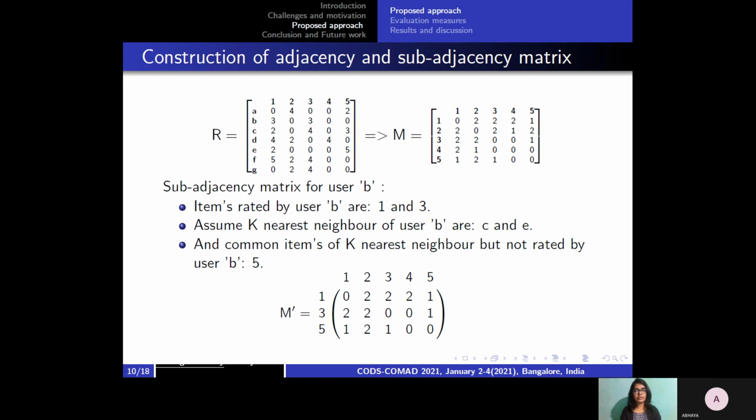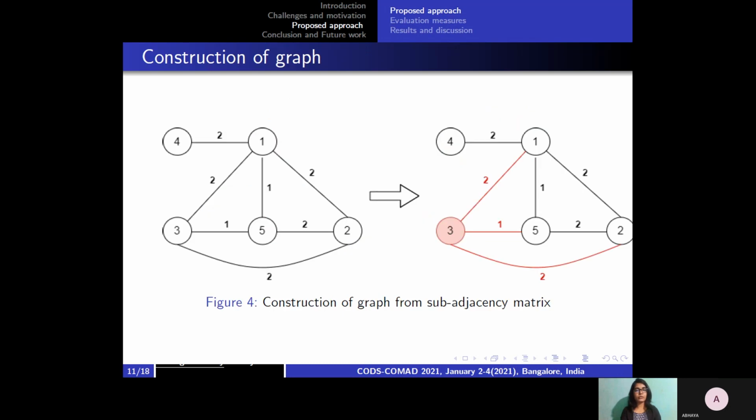And using this sub-adjacency matrix, we need to construct the graph. This is how we have constructed the graph for the above example. And after constructing this graph, for each and every node, we have to compute two values, that is inverse popularity and entropy. So entropy can be computed using these three correlation links, and inverse popularity is nothing but 1 divided by how many users have rated item 3.